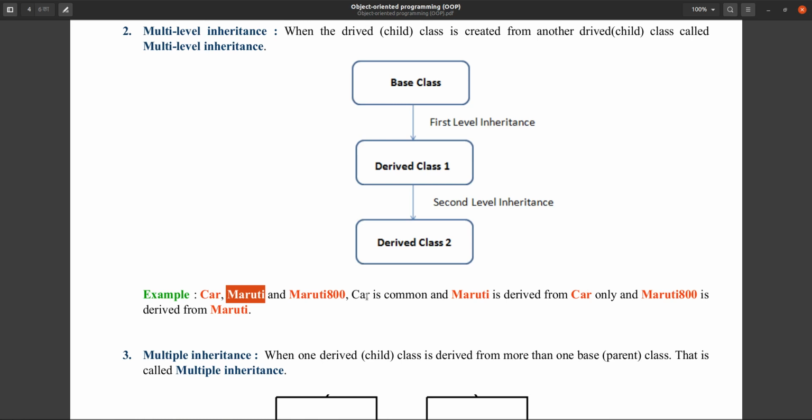Along with that, some extra features are added in Maruti 800. So car is common, Maruti is derived from car, and Maruti 800 is derived from Maruti. This example we can write very easily.